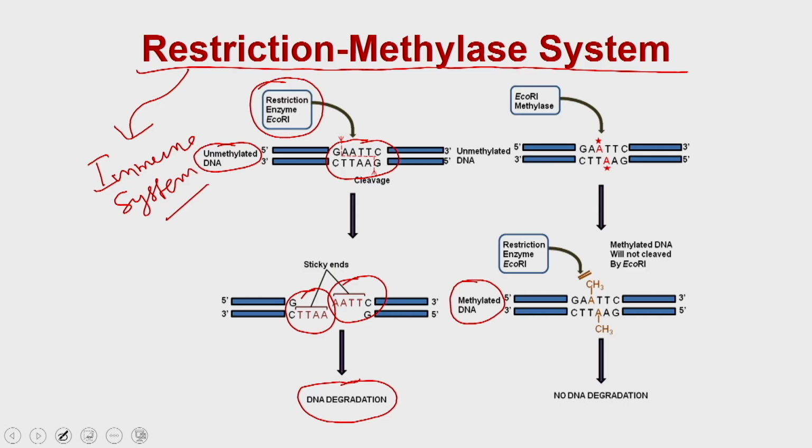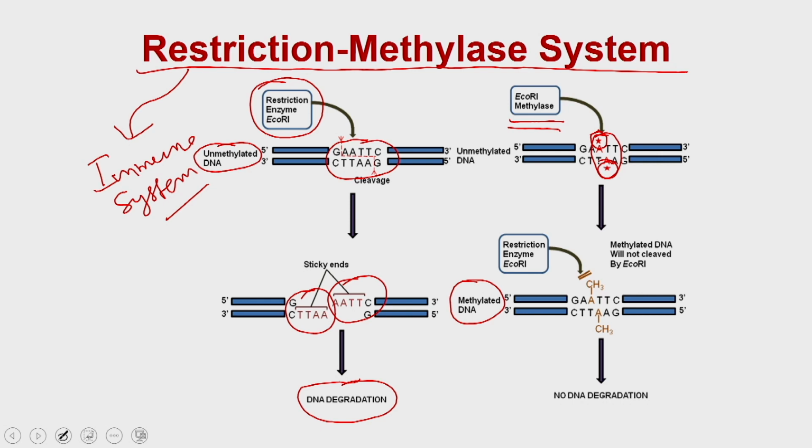But suppose this particular DNA belongs to the E. coli itself. In those cases, what will happen is that the EcoR1 methylase enzyme, which is also part of the restriction methylase system, is going to methylate the specific site on the restriction site. So, if this DNA belongs to the E. coli itself, then within this recognition sequence, the crucial adenine is going to get methylated